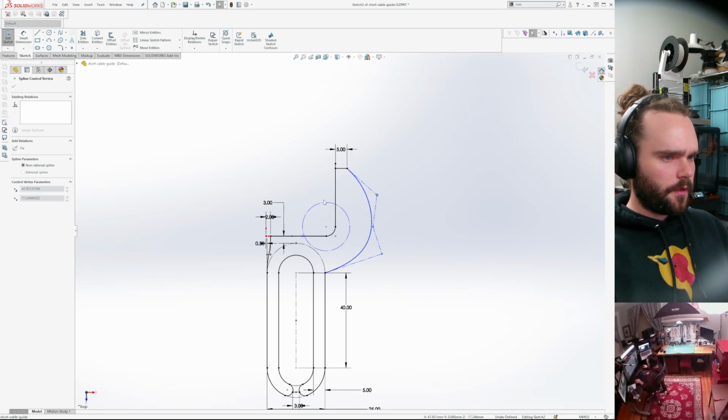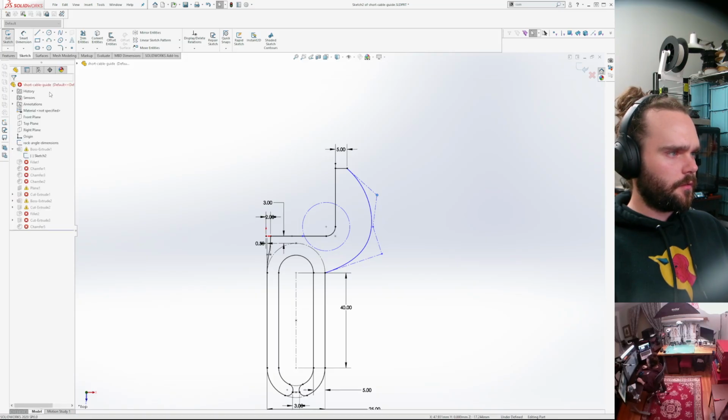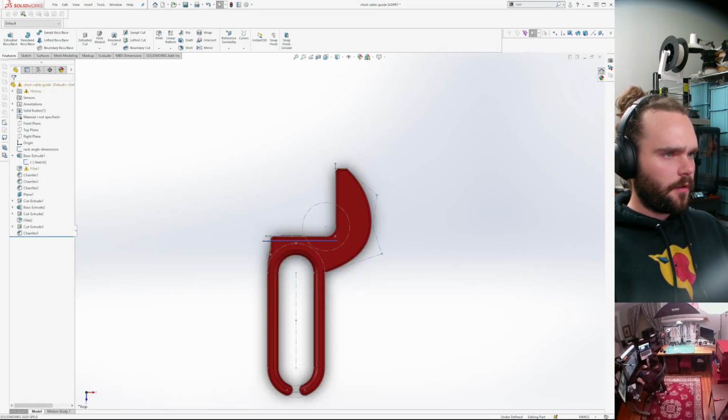Why is it not letting me drag? Do I have to restart SolidWorks real quick? I'll do it.